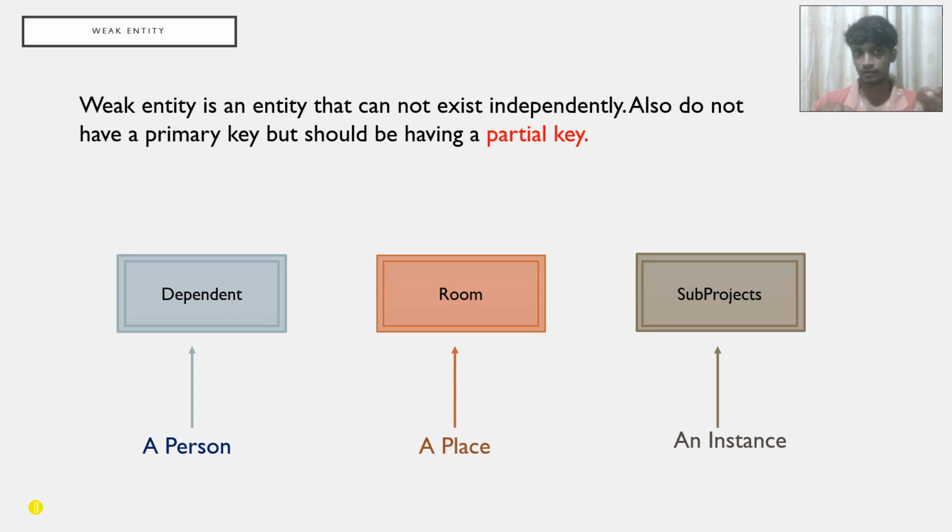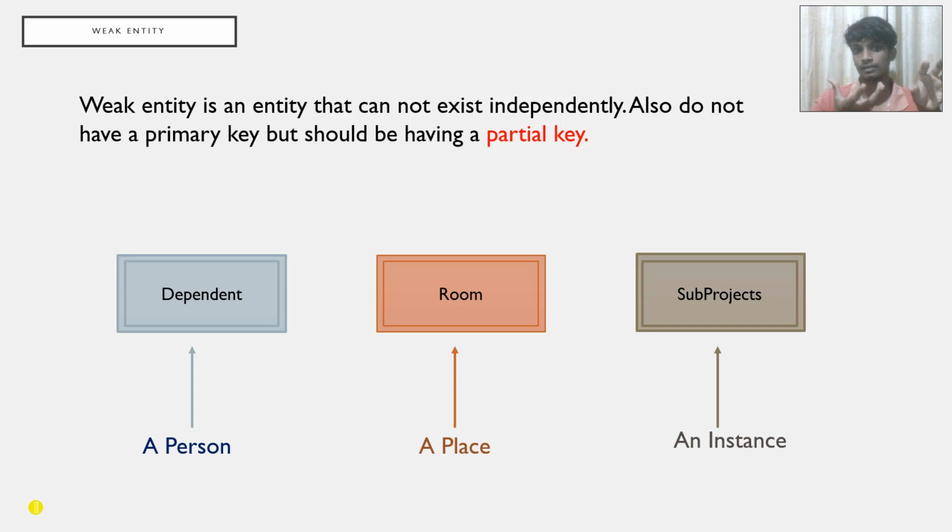Dependent is our weak entity. When it comes to a relevant database, is it possible to have a dependent as an individual, independent entity? It can't exist independently, because each dependent should be mapped or attached to